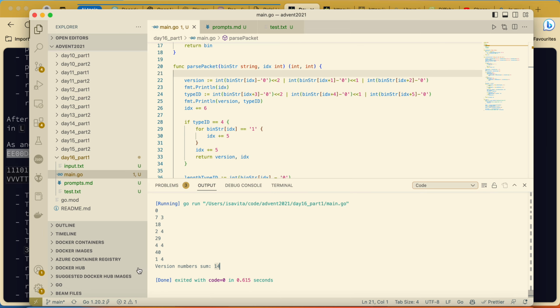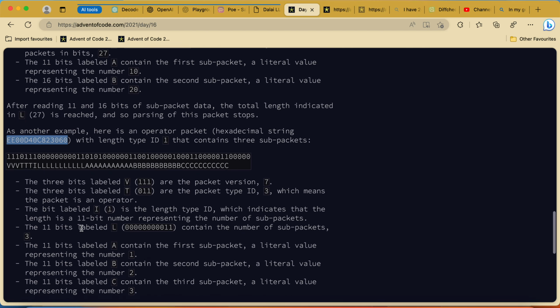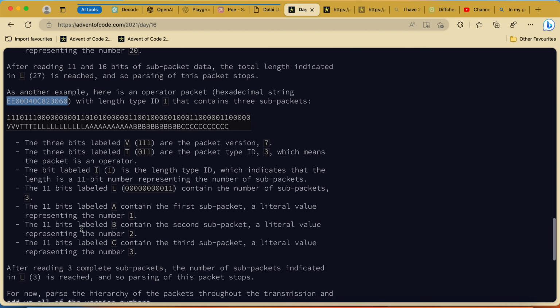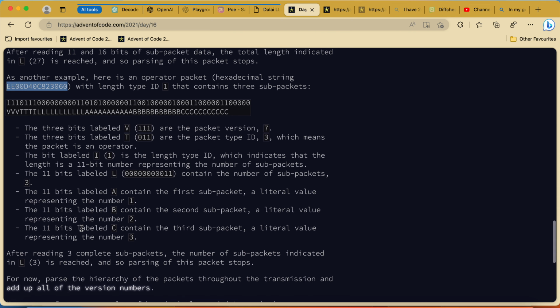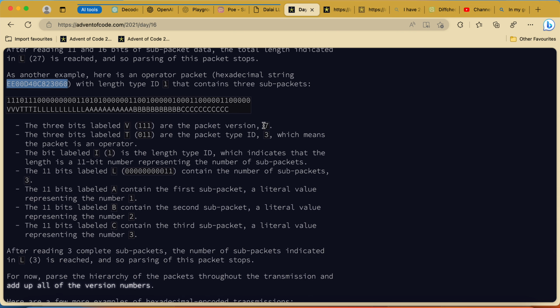Okay, for this one we are getting version 14, which is okay, we have version 7, we have 1, 2, 3 sub-packets. Which version are they? Contain the number of sub-packets. There are 3.